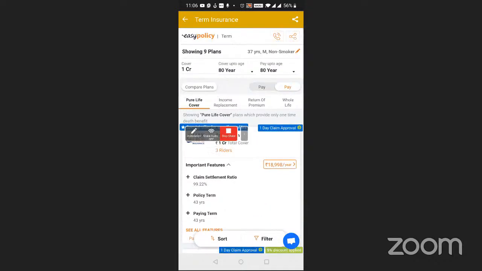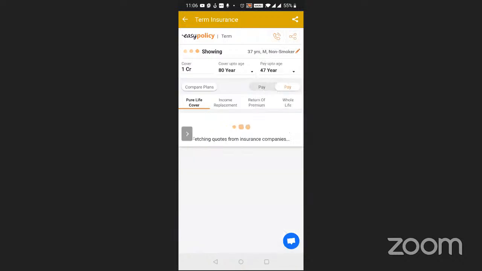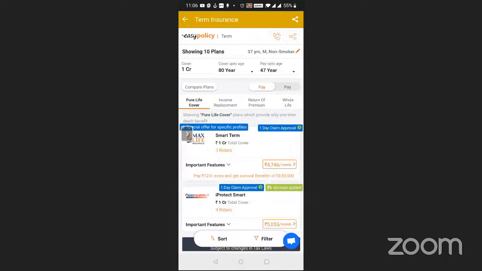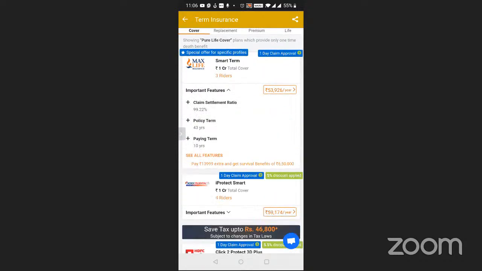I need to change the premium paying term. So that button is this, pay up to age. Okay, his age is 37. So I would like him to pay till age of 47. Means next 10 years only he will pay. So I'll click on this and I'll select 47 like this. Again, page will show monthly. I'll click on this button annually. Now my premium is, you can see here,